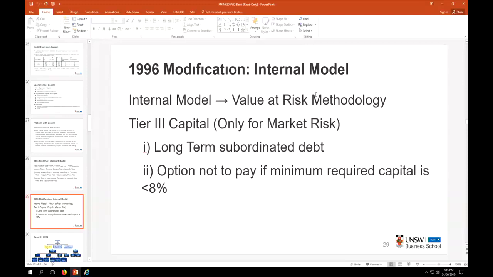In '96, the internal model became available, so that was the value at risk methodology, and also the Tier 3 capital, as I said, was introduced, but in Australia, APRA never recognized it as being required. Whereas in US in particular, they did start to issue Tier 3 capital. So that's fundamentally Basel I, right? And then